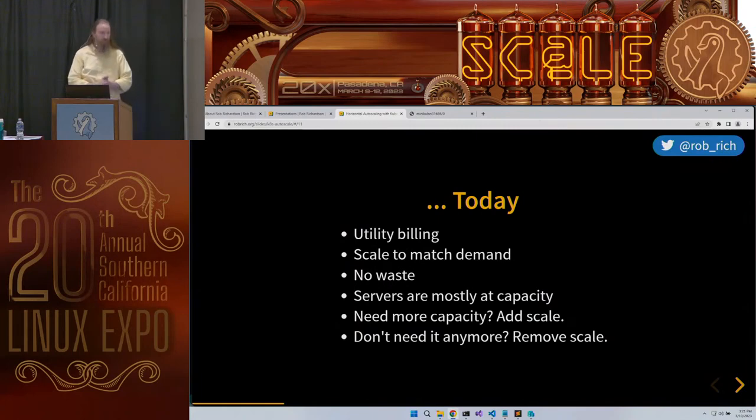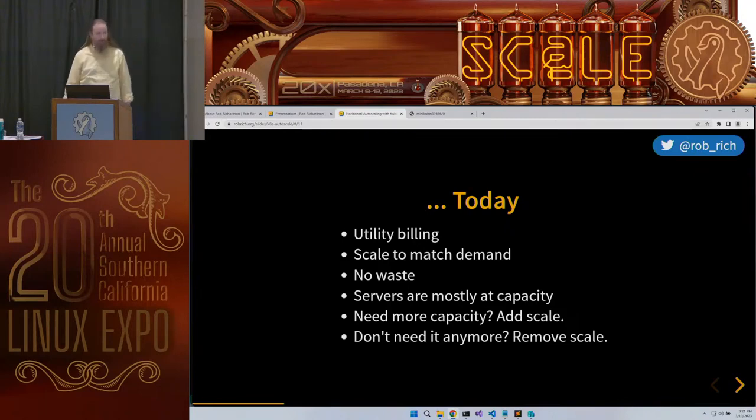Today, we have utility billing. Clouds give us the ability to spin up and spin down things really quickly. We can just turn things on. When we're done, we can just turn them off. So we don't need to over-provision anymore. We can provision for the scenario right now. And if right now changes, we can buy more or less. So the cloud has really empowered this process of being able to scale, which is amazing.